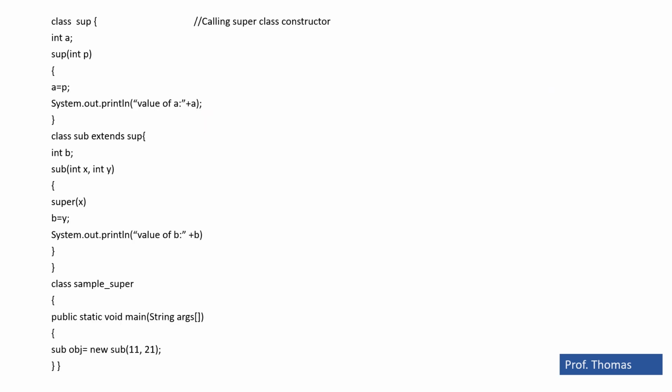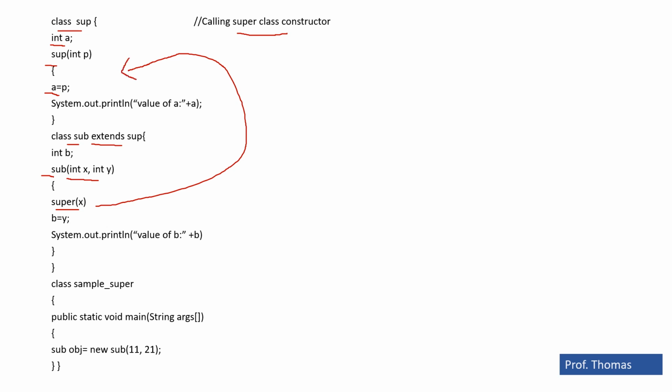Here we see one example of calling a superclass constructor. Here is one class, Super, which is extended by a subclass. A subclass Sub extends the superclass. The superclass contains a class variable a and a constructor. This constructor initializes the class variable. In the subclass, it also has a constructor Sub with two arguments, int x and int y. Using the super keyword, super(x),